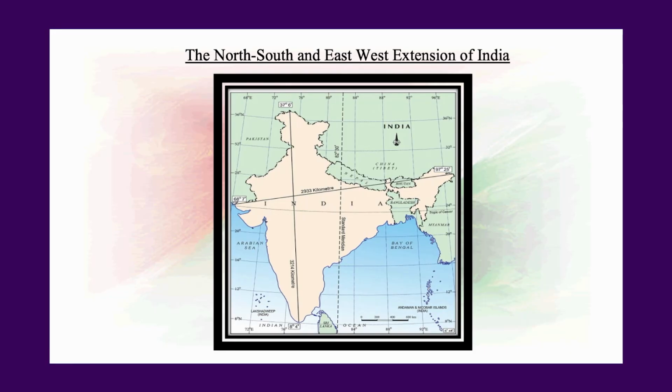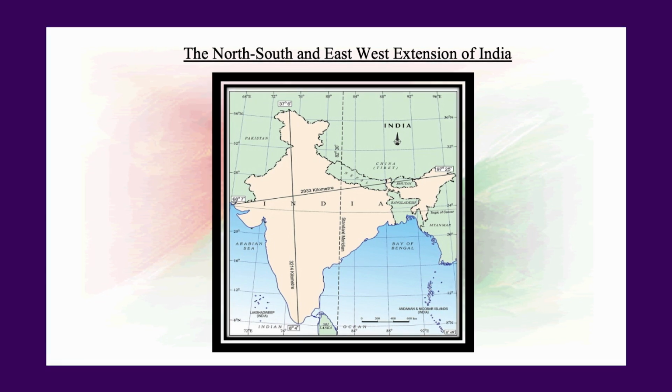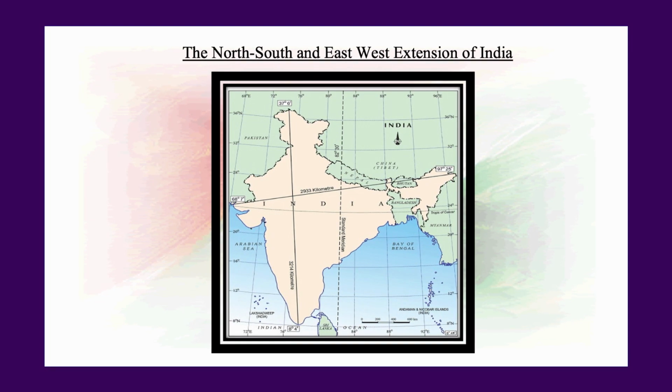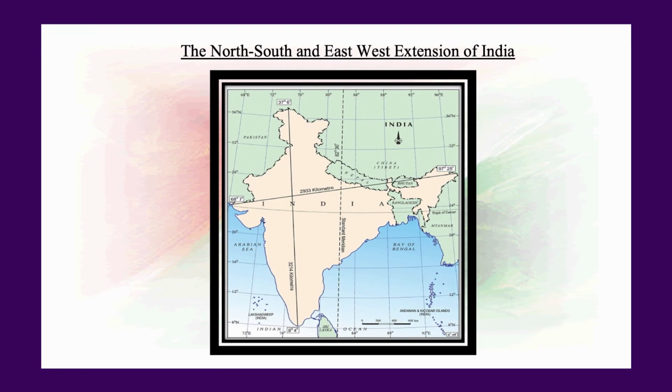Here you must understand each degree is divided into 60 minutes. So we say that India lies between 8 degree and 4 minutes north. Similarly, the northern tip of India lies at 37 degree and 6 minute north. When it comes to the longitudinal extent, the western and the eastern tip lie from 68 degree 7 minute east to 97 degree 25 minute east away from the 0 degree prime meridian.